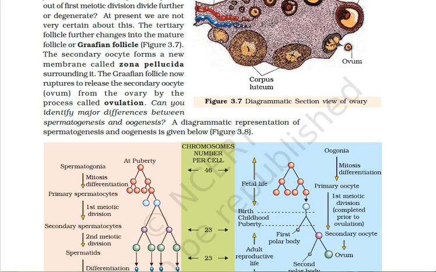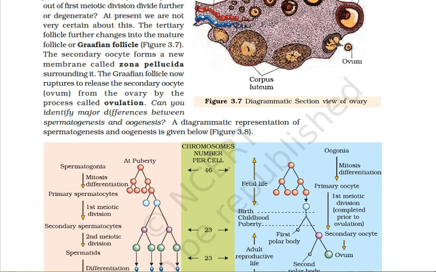You can see on the screen the one cell primary oocyte. It gives rise to one large ovum and three polar bodies. Here you can see only the formation of two polar bodies. Sometimes one of the polar bodies undergoes mitosis to give rise to two, so altogether three are formed, but sometimes it doesn't undergo mitosis, so it remains there itself, and only two polar bodies are formed.